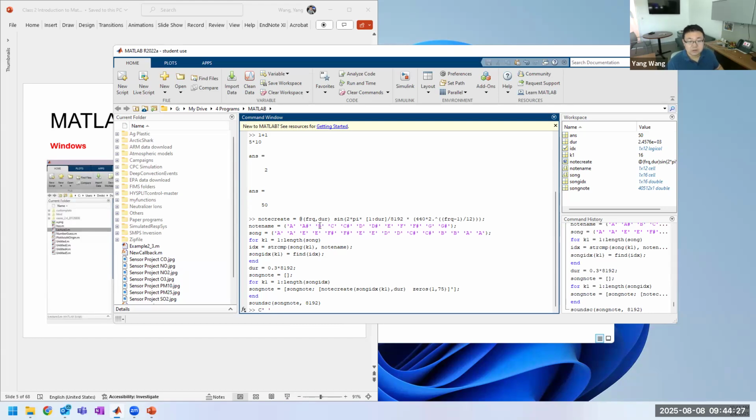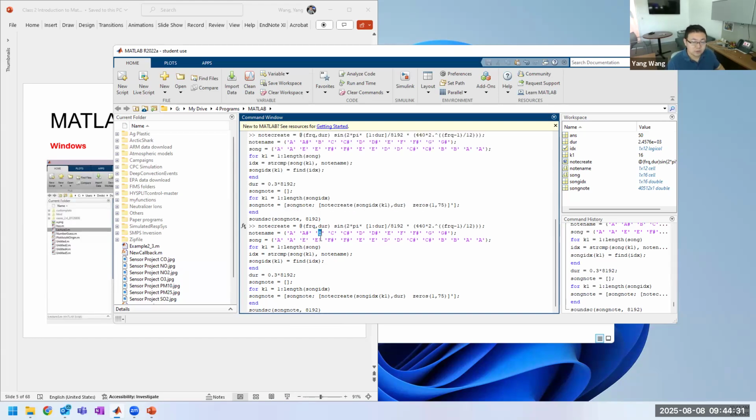So for example, if you change this to C, so let's copy over here. If you change this one to C,